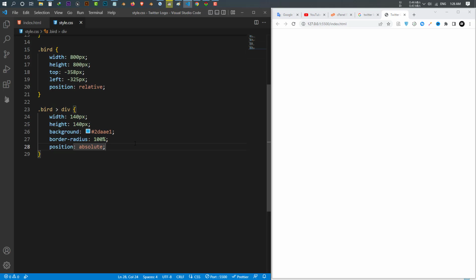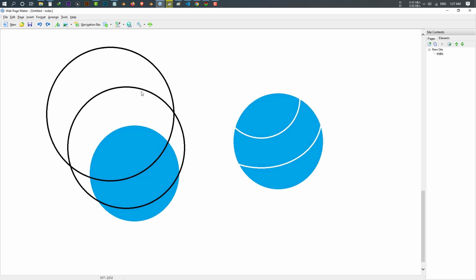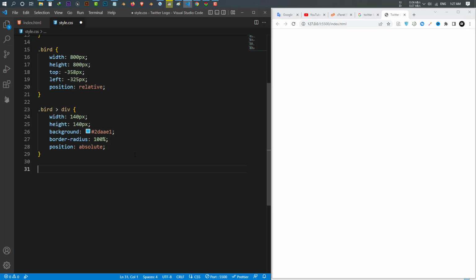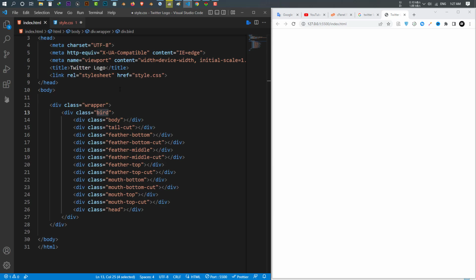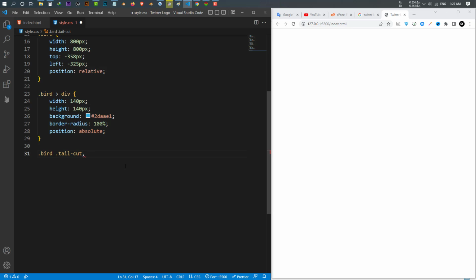Okay, and after that, because we selected all children, I can select all cats just like I said in here and fill it with a white color. Okay, so I'm going to select from the bird, select the tail cat, all the cats. Okay, I want to select all these cats and fill them with a white color. Okay, the tail color and the tail cat, and after that from the bird I want to select the